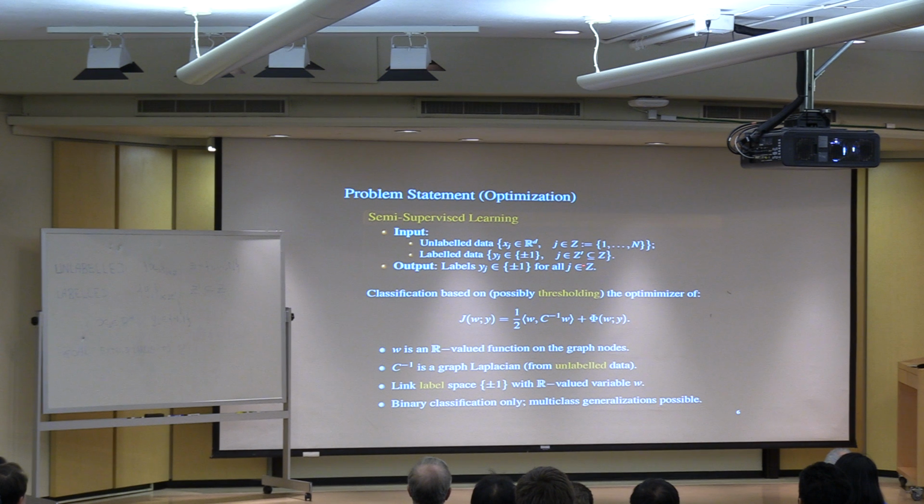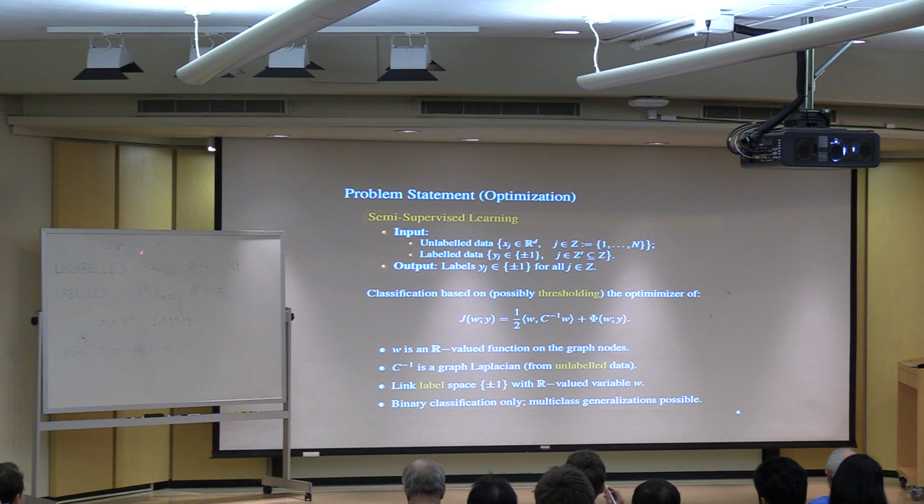Then there is labeled data, so a subset of these points, Z prime, which is a subset of these indices j, is labeled. I'll just do binary classification, although that's not essential, but it's simple for presentation. So the labels will either be +1 or -1. The objective is to use the correlation information in this unlabeled data to spread the labeling from Z prime to the whole of Z. The output we'd like is labels everywhere, on the assumption that we only have labels on a subset of the nodes, or we may have them everywhere, but they may be noisy.